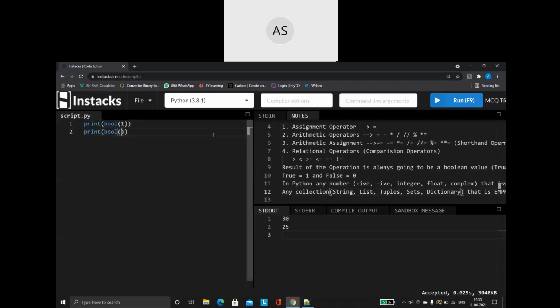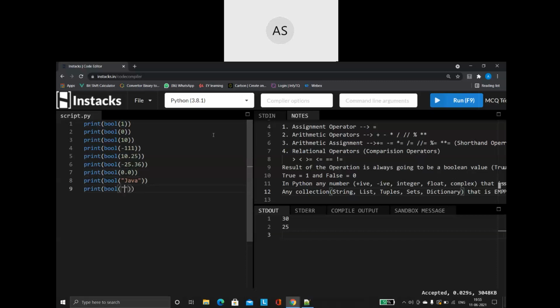Then I am giving the number 0. What is the next thing I'm doing? I'm giving the number 10. Then I'm giving a negative value, minus 111. Now I am going to give a floating point value, 10.25. The next thing I'm saying is minus 25.36. Then the next value is 0.0. Then see the next variation: inside it I'm passing a string. I'm saying Java.